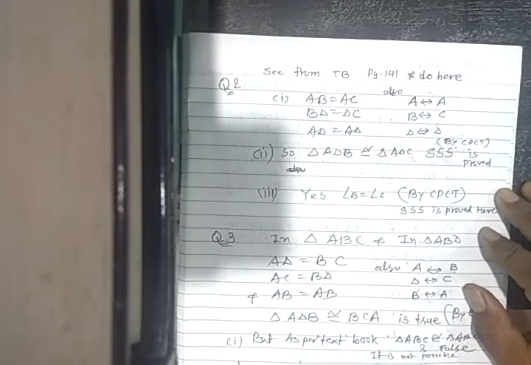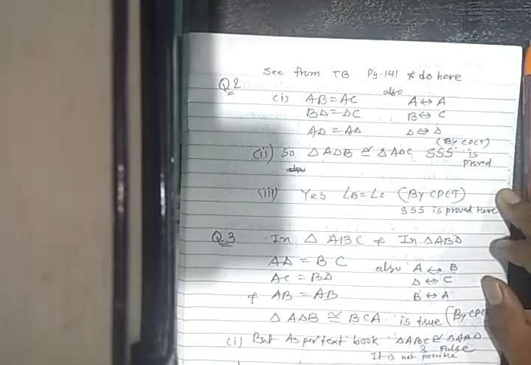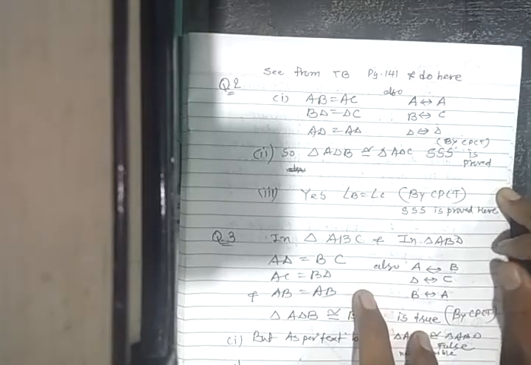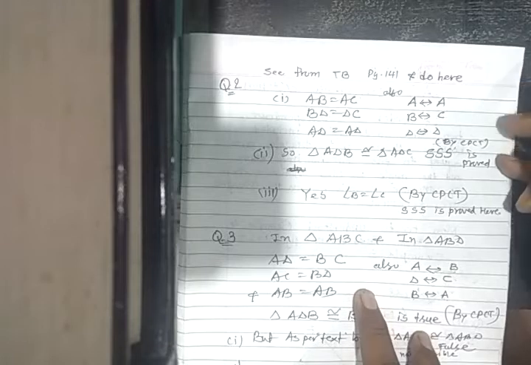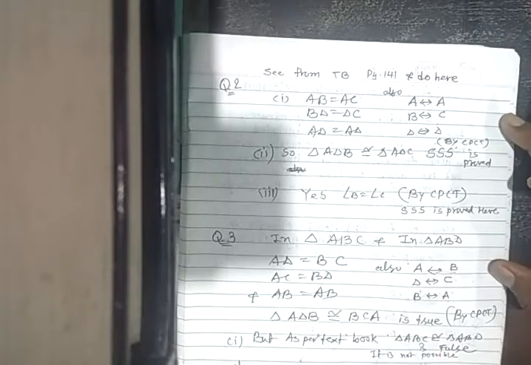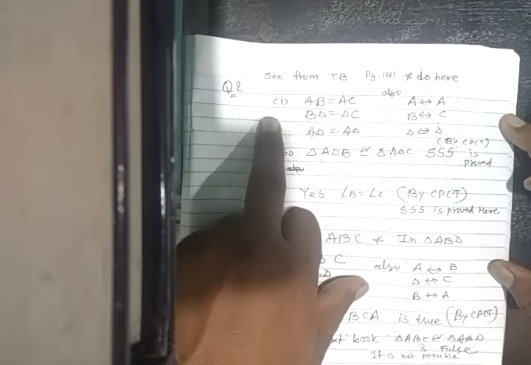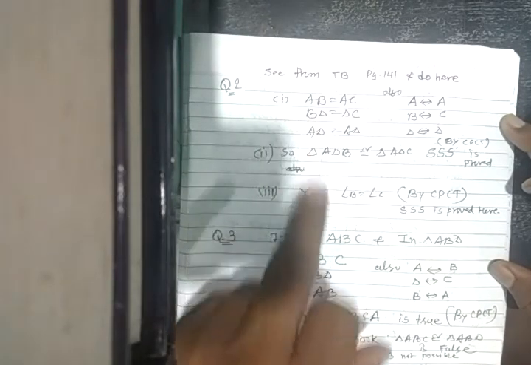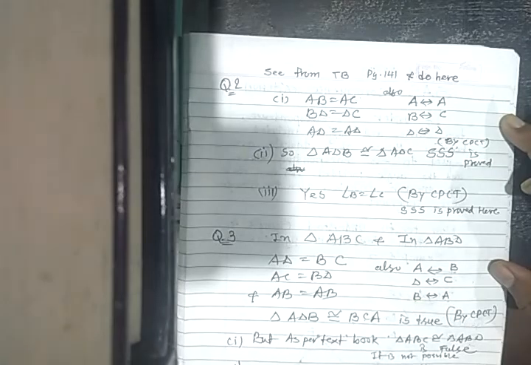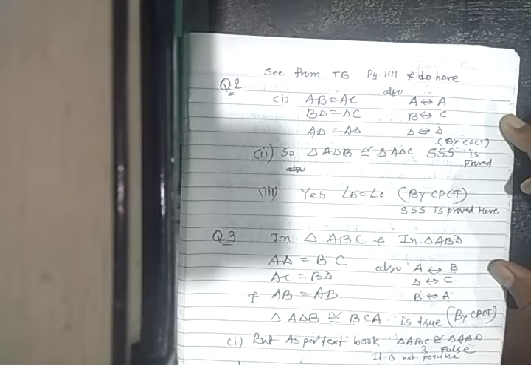Question number 2, page number 141. So you open the textbooks and look over here. You have to open your textbook, students. In that, number 1, if you observe number 1, in figure 7.15, AB is equal to AC, D is the midpoint of BC. Then state the three pairs of equal parts in triangles ADB and ADC.